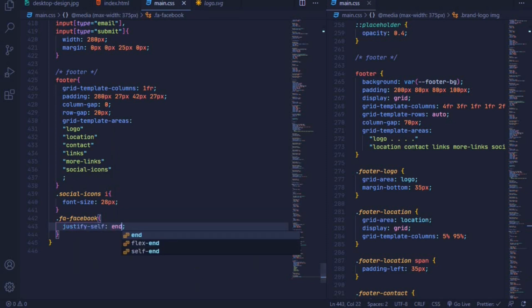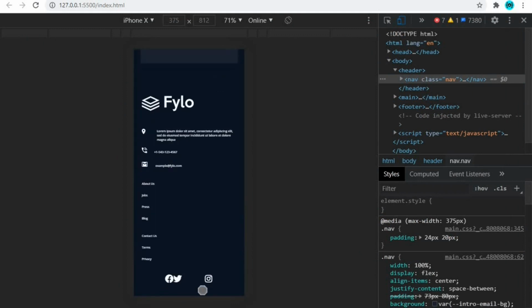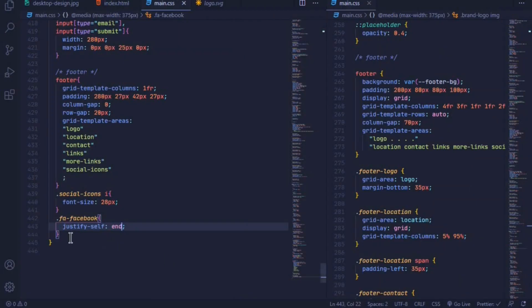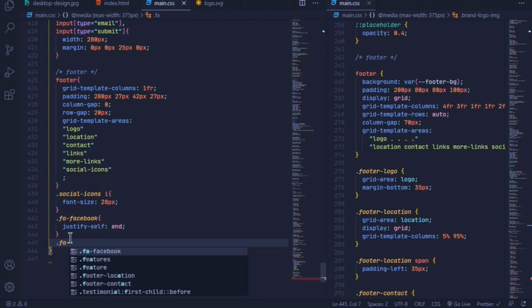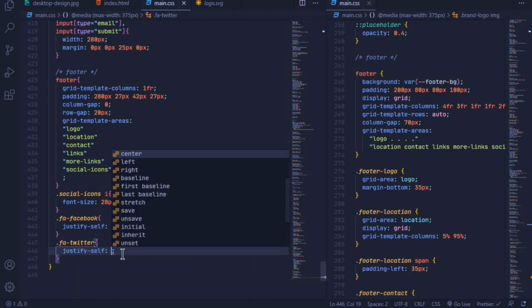Okay, and what that will do is that it will move this icon to the end. So we can also select the Twitter, .far-twitter, and what we will do here is justify-self to be at the center,